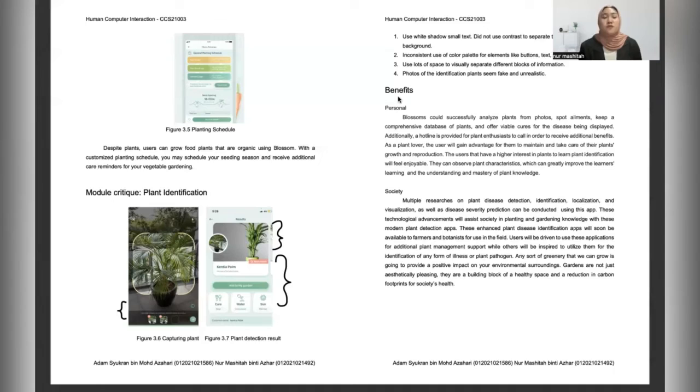The next one, we move to benefits in terms of personal. As a plant lover, users will gain an advantage in maintaining and taking care of their plants' growth and also plant reproduction. Users who have a higher interest in plants can learn more about plant identification. We feel it is more enjoyable with this application. As for society, this can help society in planting, gardening and gardening knowledge with these modern plant